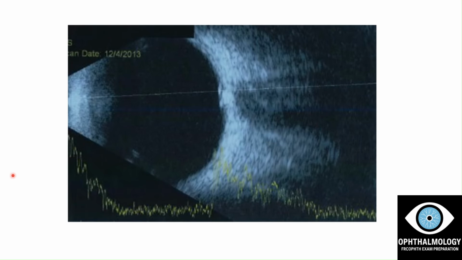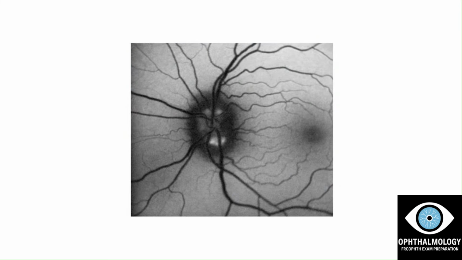This is a B scan of optic nerve head drusen and shows this highly echogenic shadow that persists even after lowering the gain. And this is the autofluorescence image showing the autofluorescent nature of the optic nerve head drusen. So we should now be moving to